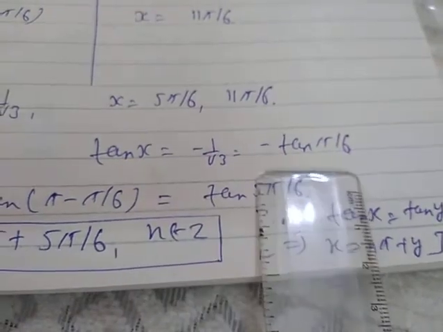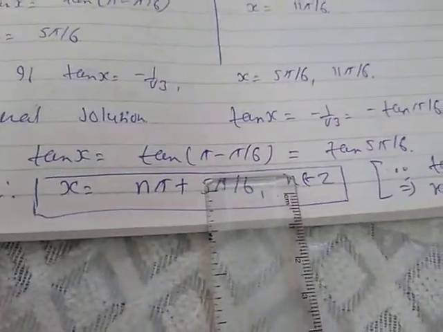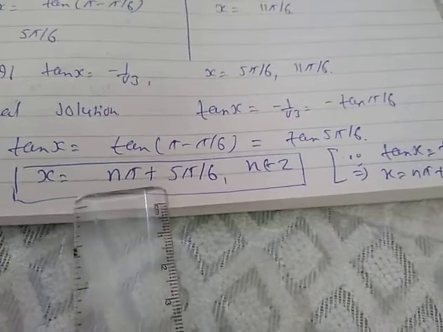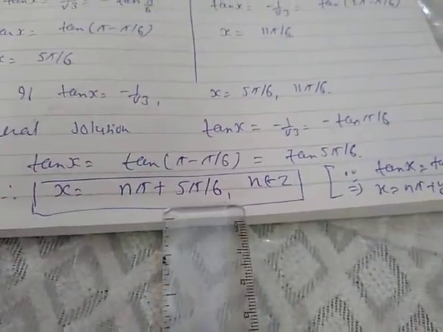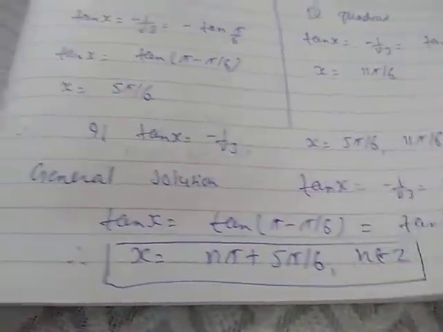Now, for the general solution, tan x is equal to minus 1 by root 3. That is minus tan pi by 6. So, minus tan pi by 6 can be written as tan of pi minus pi by 6. Therefore, tan x is equal to tan 5 pi by 6. Hence, the general solution is n pi plus 5 pi by 6. In place of y, it is 5 pi by 6. N belongs to integer. So this is the general solution, and the principal solutions are 5 pi by 6 and 11 pi by 6. In the same way, the next question is